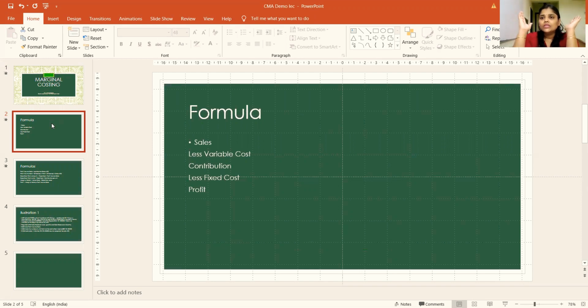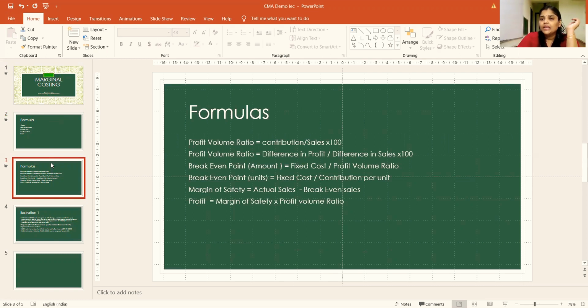So marginal costing is normally used in decision making. Here, if you could see, the variable cost is given much importance and fixed cost is going to be incurred. So that is used. And there are a few terms which you should know, like break-even point. Break-even point means the no profit, no loss point. Means by selling this number of units, the company is neither going to make any loss nor going to make any profit.